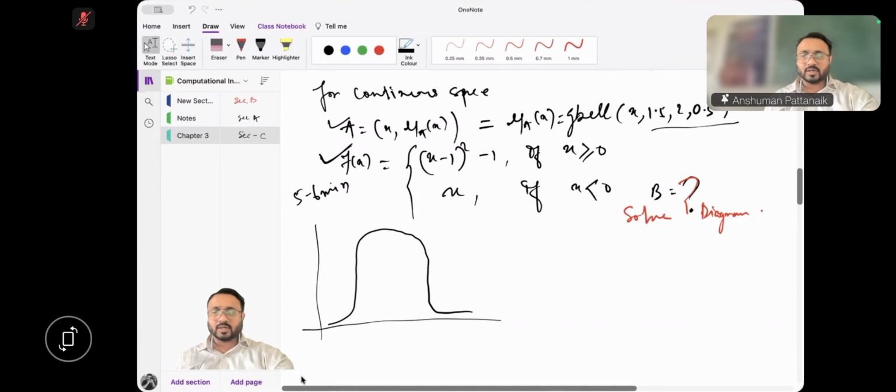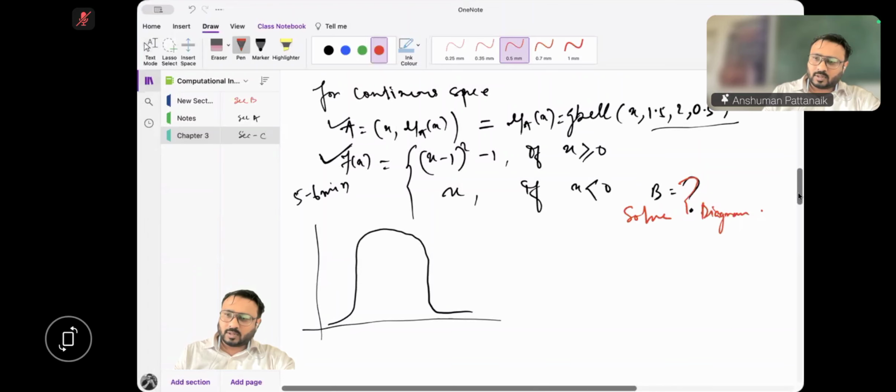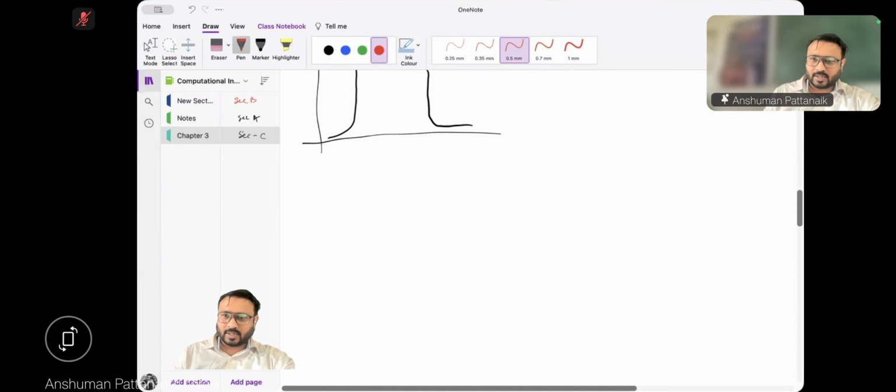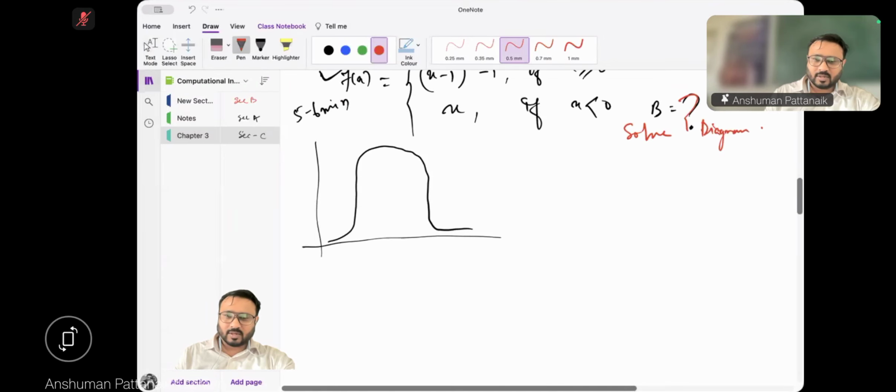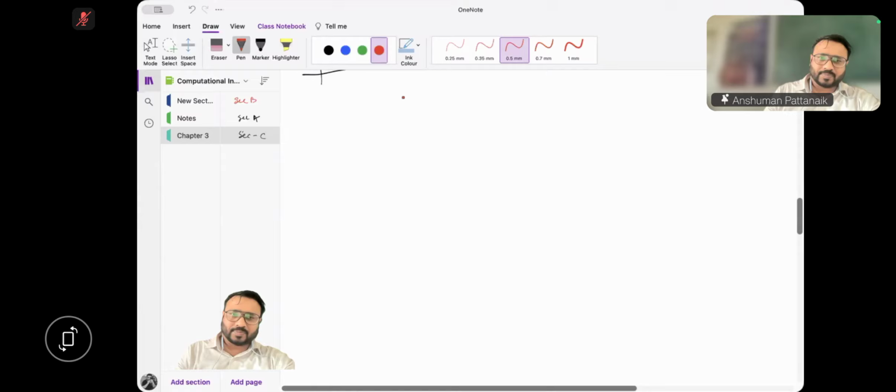Any solution you got, Alok? Also thinking about how to represent it in a diagram. Okay, let's understand the question then. This is for continuous space. First,